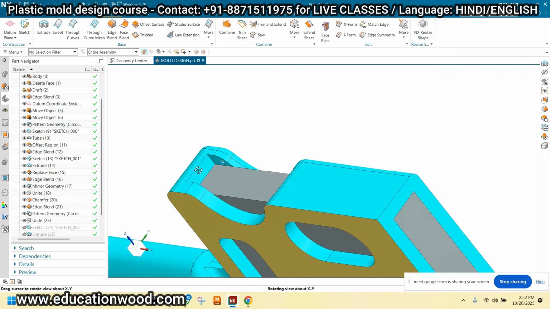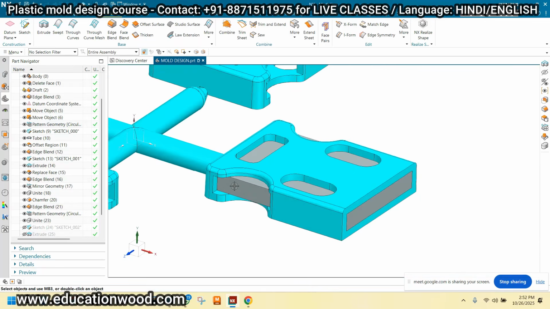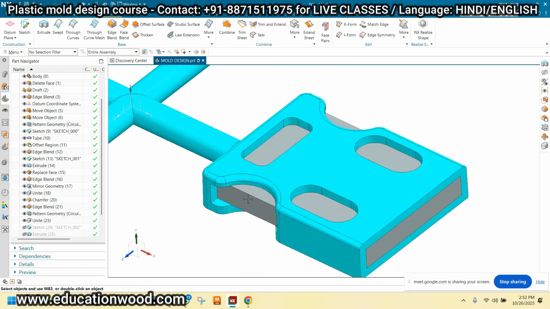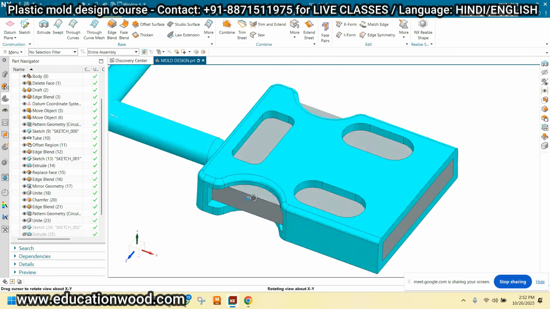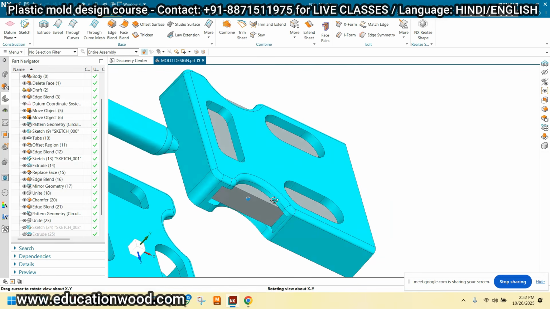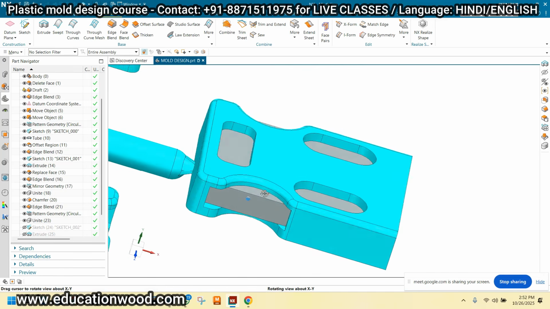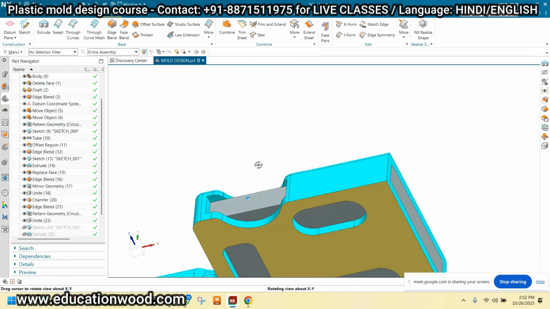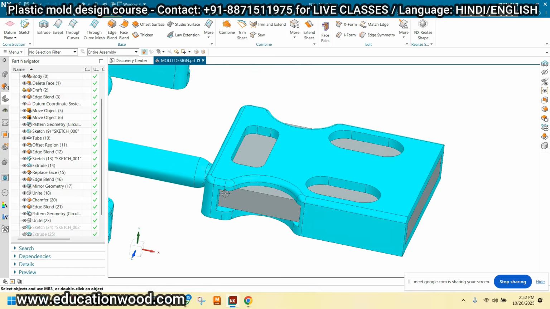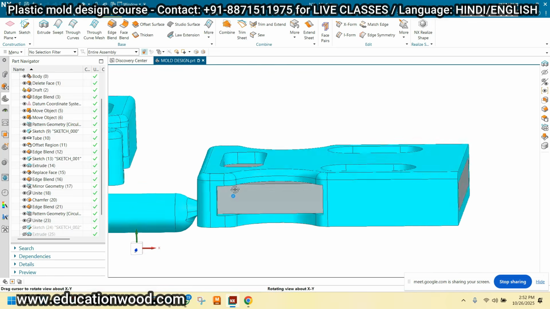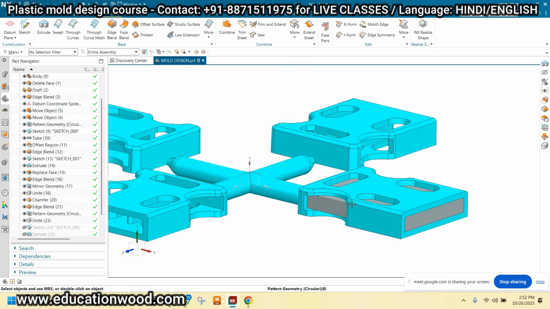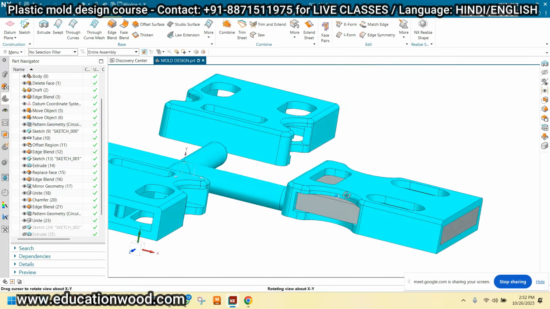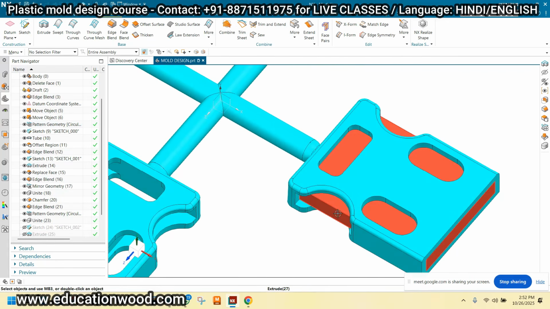See, right? There is an issue. So yes, this portion is not covered here. So for this, I have to use some. Let me check. I can modify the component, right? Because right now I have to prepare the four cavity mold. So don't worry, I will modify the component.